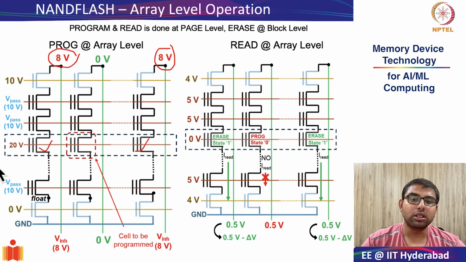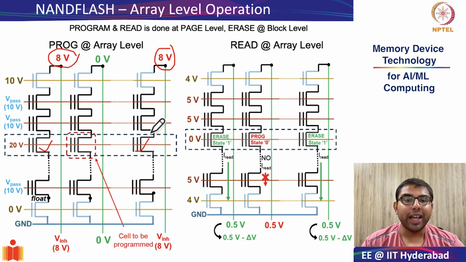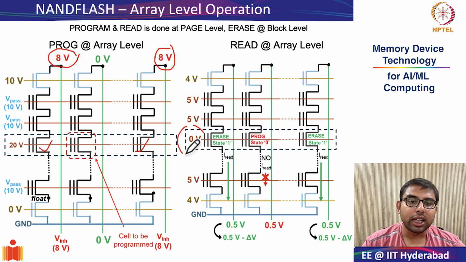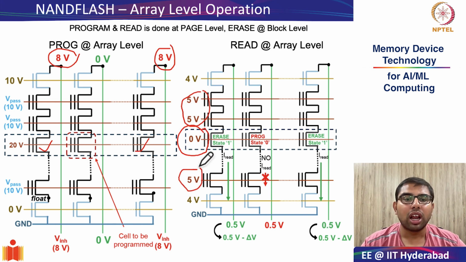In the read operation, while the page of our interest was biased to the read voltage of 0 volts, all other word lines were again biased such that, irrespective of the state of the cells, they allow a string current to flow through. Now, since in read operation the flowing of string current is very critical, you ensured both your SSL transistors and GSL transistors were turned on.